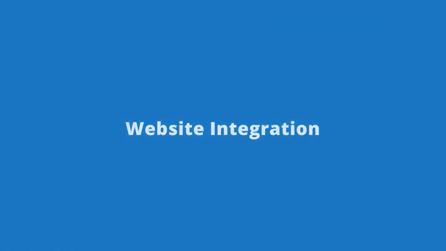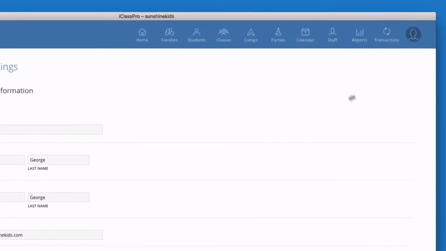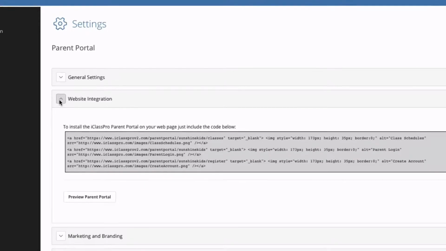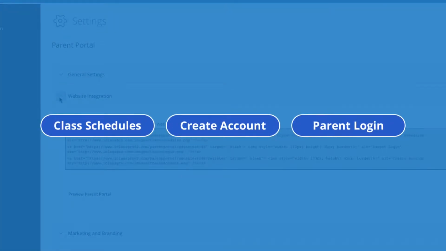Website integration. Under Settings, Customer Portal, Website Integration, you will find 3 lines of HTML code that can be used to link your existing website to the customer portal. To ensure the security of personal and financial information, there is no direct API or other integration with the customer portal at this time. The lines of code will create buttons that link your visitors directly with certain pages on